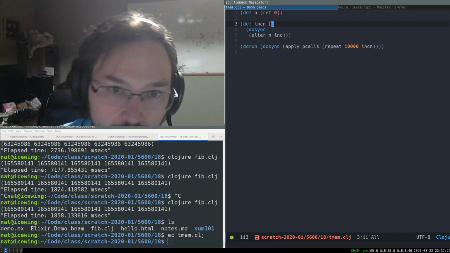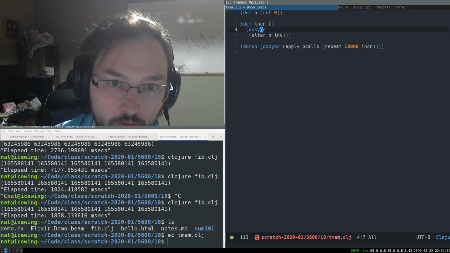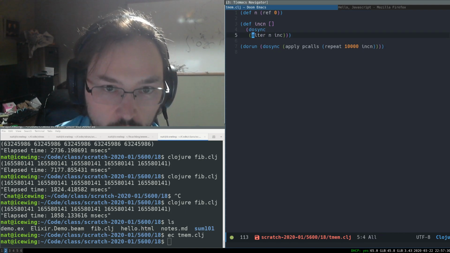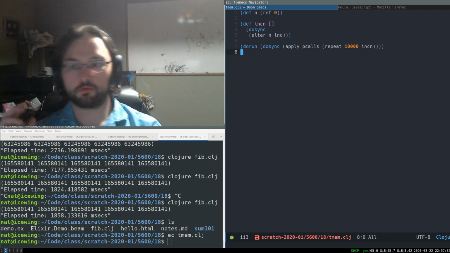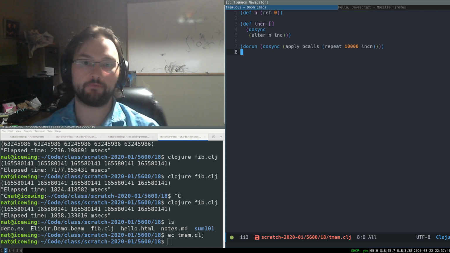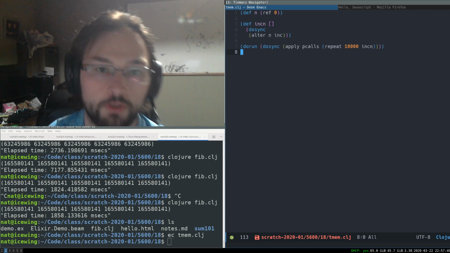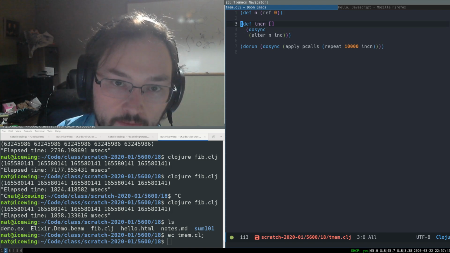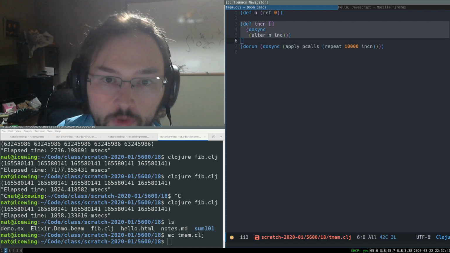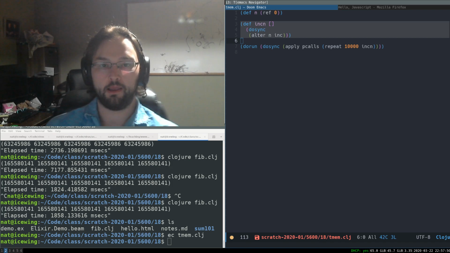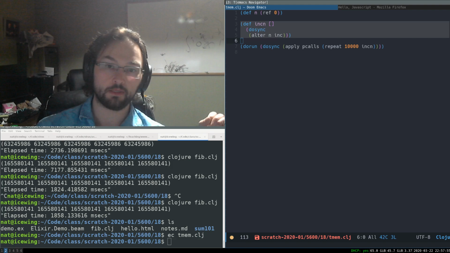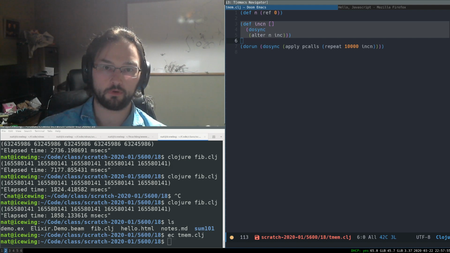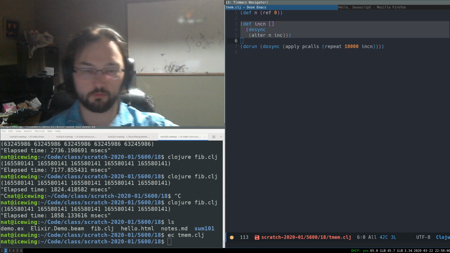races. But because we're doing all of this in transactions with DoSync and using alter here, the Clojure runtime built on top of the JVM is going to do each one of these calls to incn as a software transactional memory transaction. And the way that concretely works is that they use compare and swap. The first thing that it's going to do for the alter is it's going to figure out what the old value of